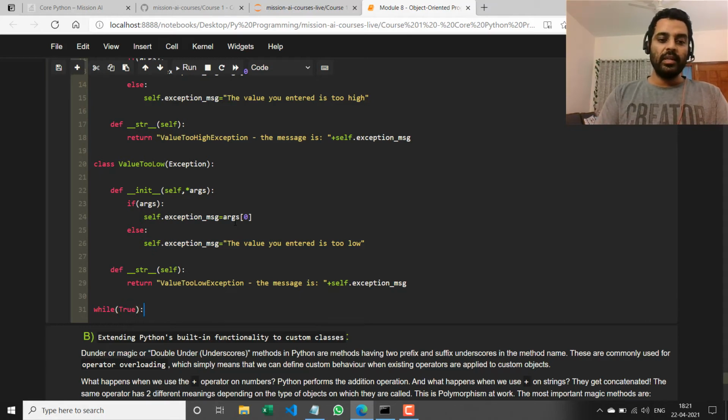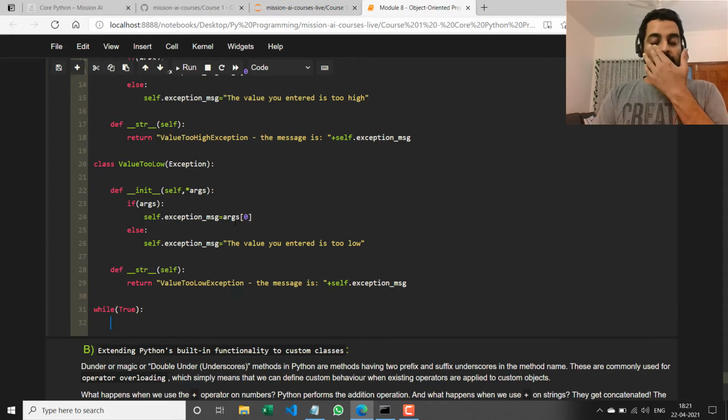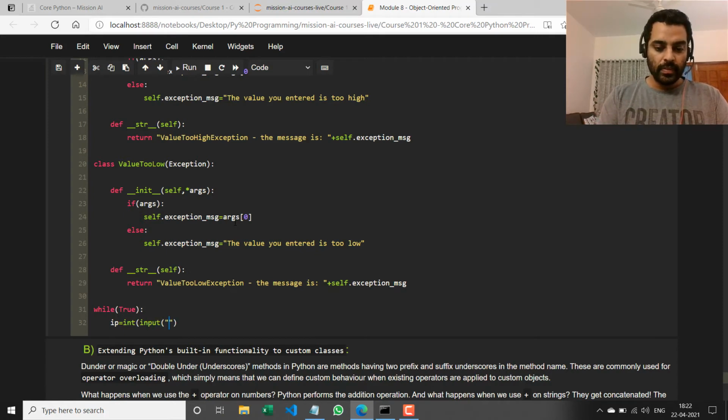I'm going to create this infinite while loop. So I could have either said while 1 or while True. ip equal to int of input, guess the correct number, okay, to the user. So the user is going to guess a number,